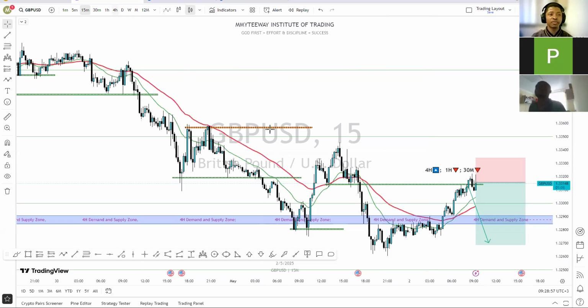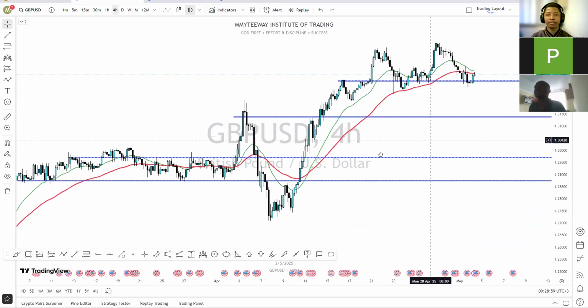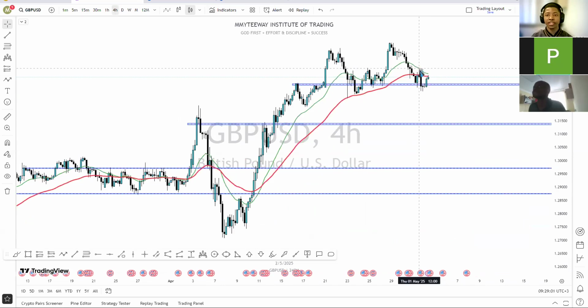If I move my chart to the 4 hour time frame, you can see that the green moving average is above the red moving average. The red moving average is the 50 EMA, and the green moving average is the 21 EMA, which is the faster moving average, and this one being the slower moving average. When a slower moving average is below a faster moving average, it shows a potential upward momentum,